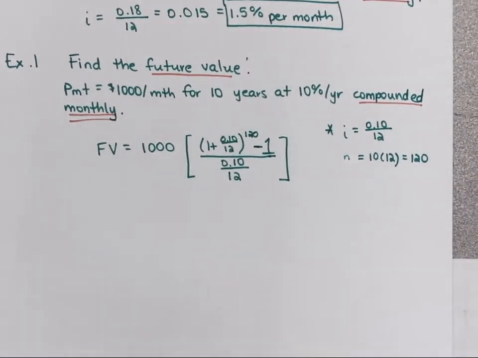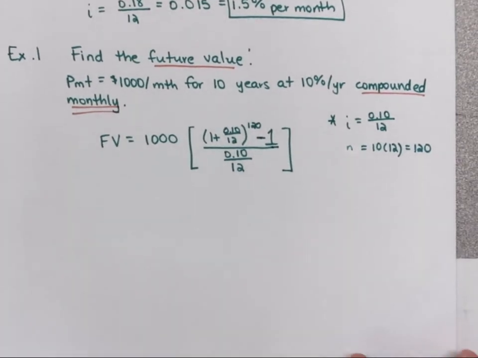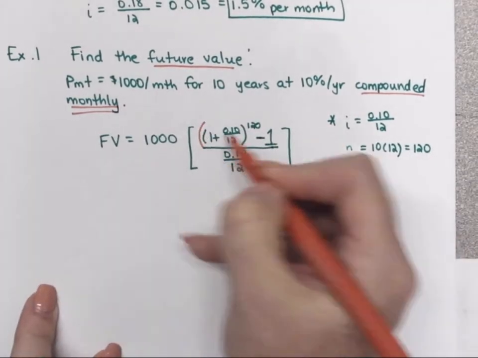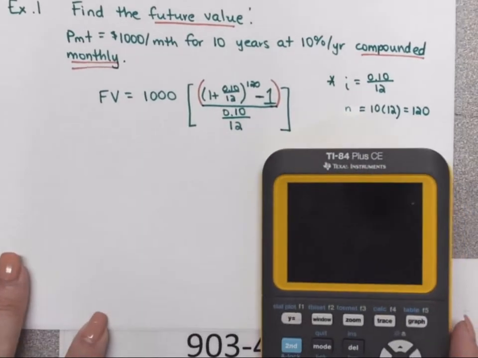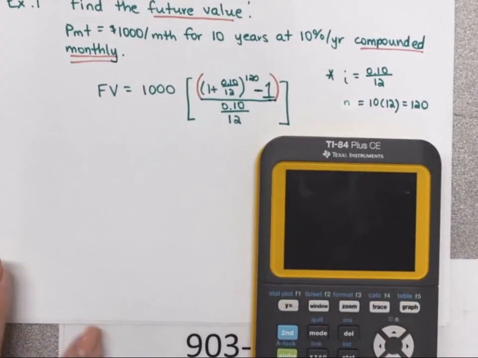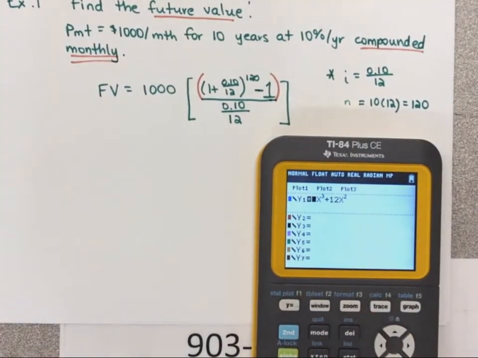Okay, so when you punch this in your calculator, you typically just use a parenthesis in place of the bracket. Think of a bracket just like an outer grouping symbol, but you also are going to need to put parentheses around this right here. If you have a calculator, it's going to be good if you get that out and try to enter this in with me. And then we're going to talk about how reasonable we think the answer is. So we're going to do 1,000